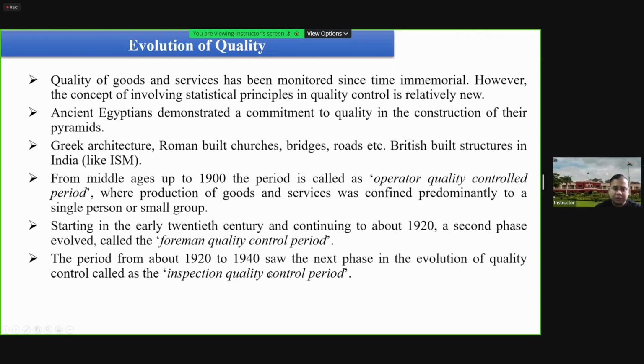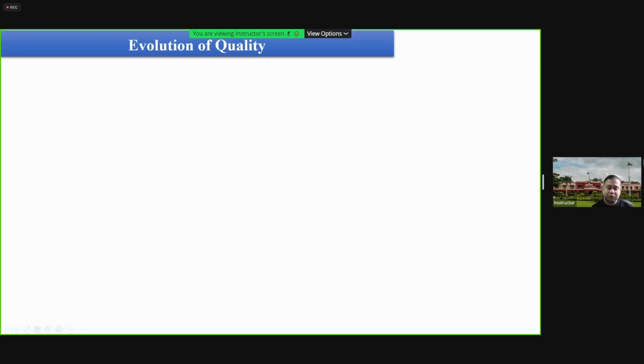That era, the 1920s to 1940s, is when we were talking about inspection quality control. With inspection quality control, people were supposed to do 100% inspection. Sometimes defects were coming, so there were dedicated people doing 100% inspection of the products. And there were no benchmarks for how to control the parameters that are critical to quality.